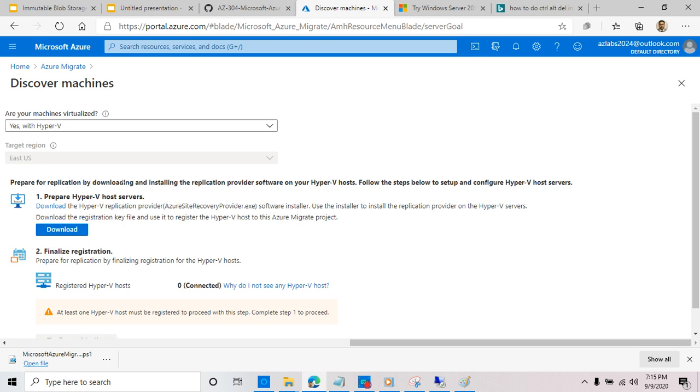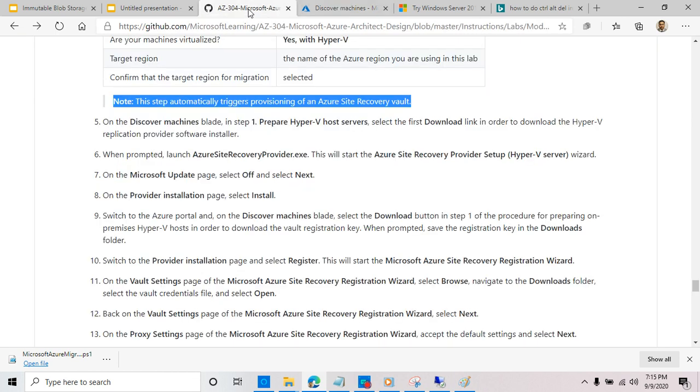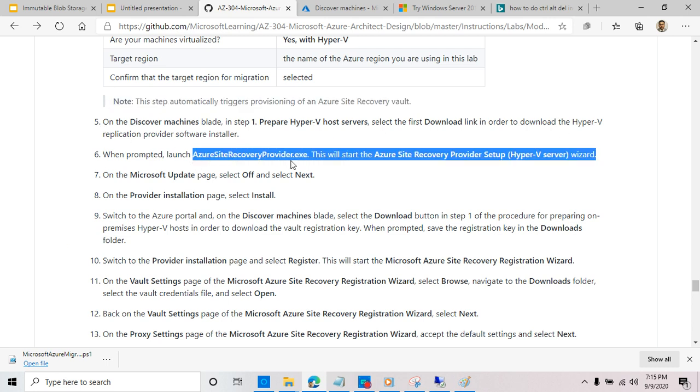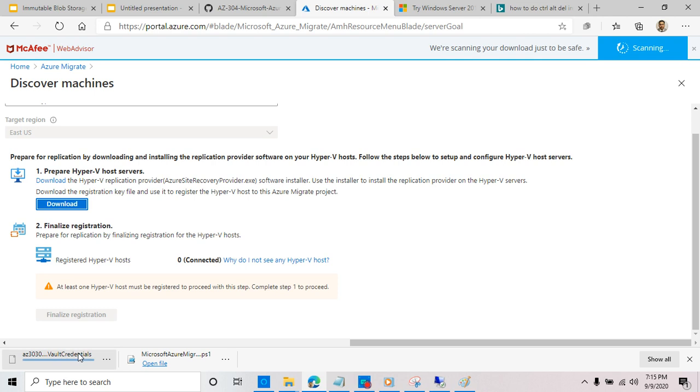Prepare for replication by downloading and installing the replication provider software on your Hyper-V host. Follow the steps below to set up and configure Hyper-V host servers. So really you need to download this, prepare the Hyper-V host servers, and then you need to finalize the registration process. So let's go back. Select the first download link, replication software. When prompted, launch Azure Site Recovery Provider.exe. So click download, and when prompted,